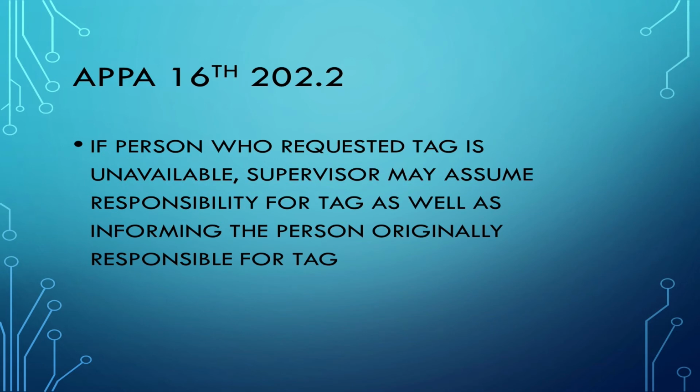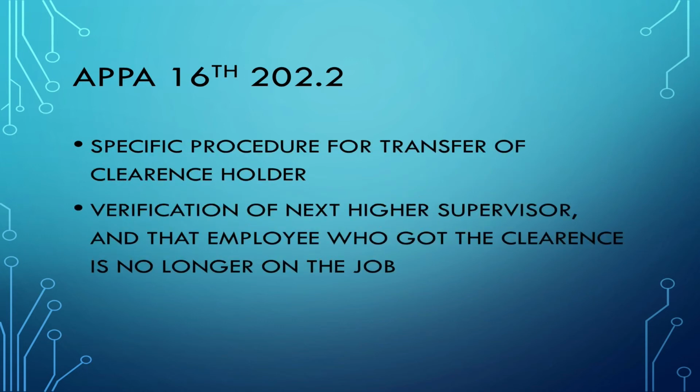If the person who requested the tag is unavailable, the supervisor may assume responsibility for the tag, as well as informing the person who is originally responsible for the tag. If a more senior guy, a guy with more authority, shows up and wants to assume responsibility of that tag, that's fine. He can have it. But specific transfer of a clearance holder